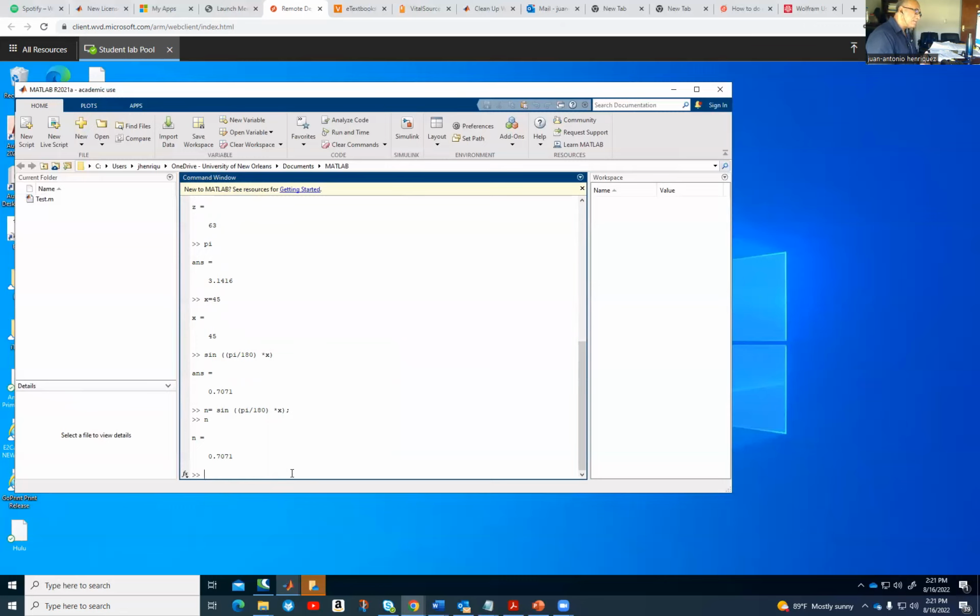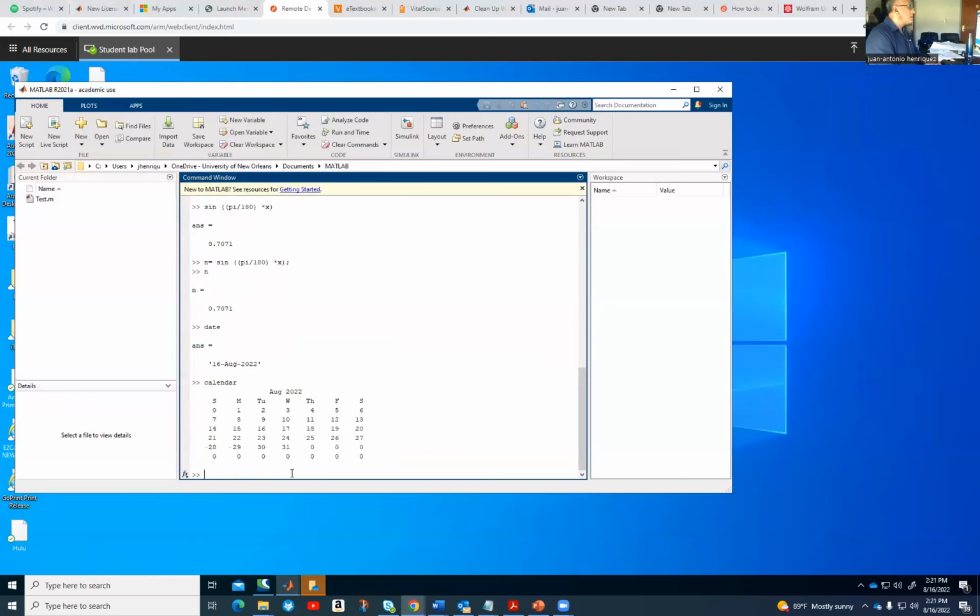You also have some other built-in functions like date. And we'll show you today's date. You have calendar. It'll show you the month, calendar, and the year, and so forth. There's other ones like that that are useful in many cases. Okay, so